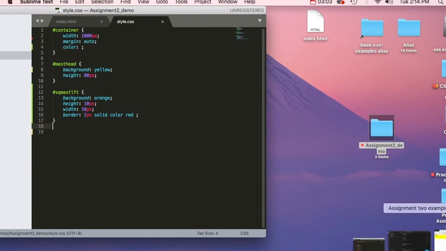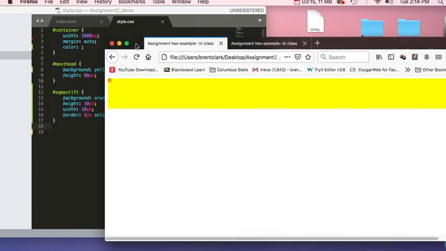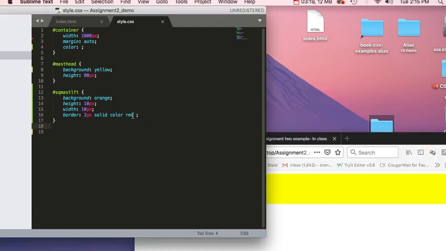And let me see if I can find my browser, and there it is right there. You can kind of see it. Smaller than I thought. And I don't see the border. I don't know if I did the border right. So in order to make it a little bit bigger,